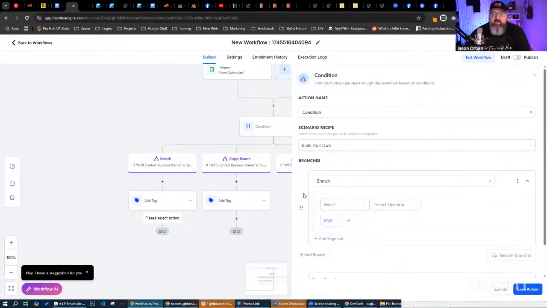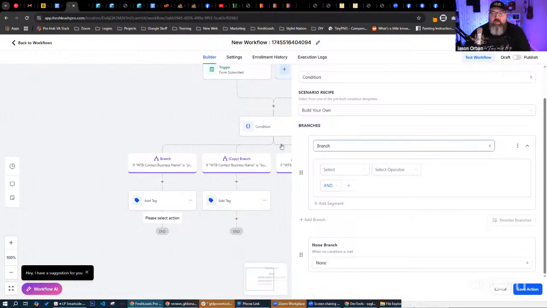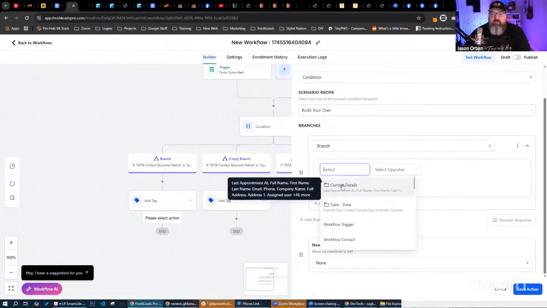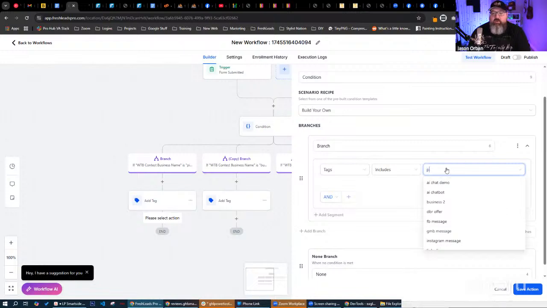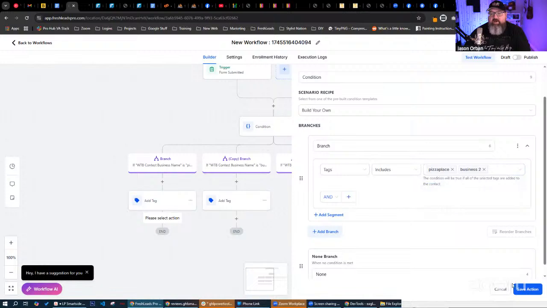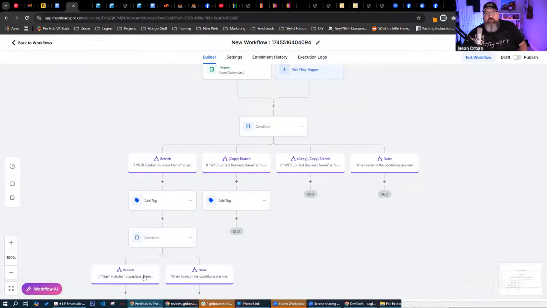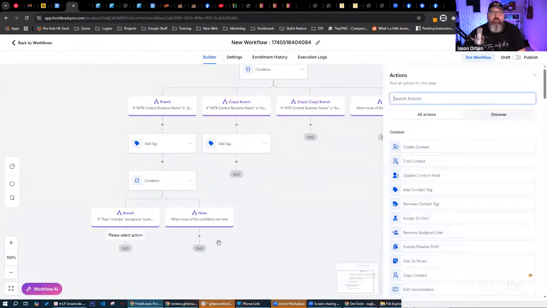and you could have this all in the same one, so if contact details tags includes, so now you can do pizza place, business 2, and then all the businesses that you would have as part of that. So if they have a tag from each one of those businesses, every time they fill out, like from all the times they filled out that form, then we want to,